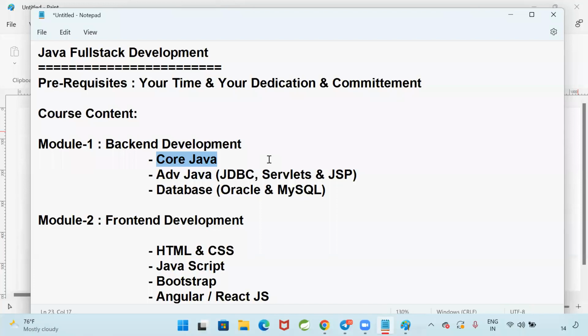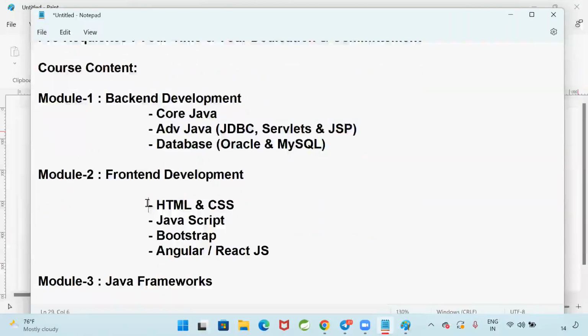20 days we are going to spend for advanced Java, JDBC, servlets, and JSP. Within these 3 months of time, you can learn HTML, CSS, JavaScript, Bootstrap. I am not the trainer for that. Other faculties are available.